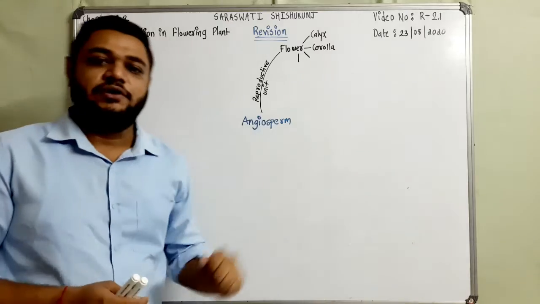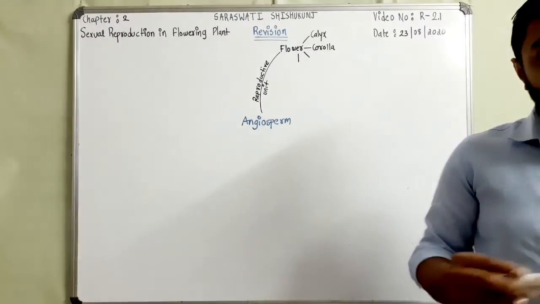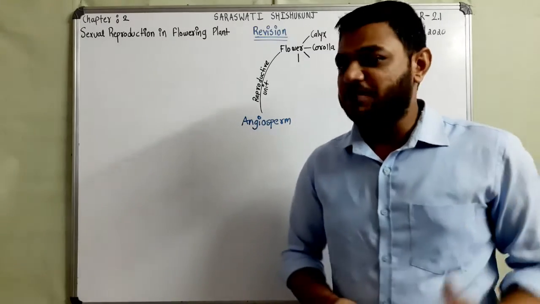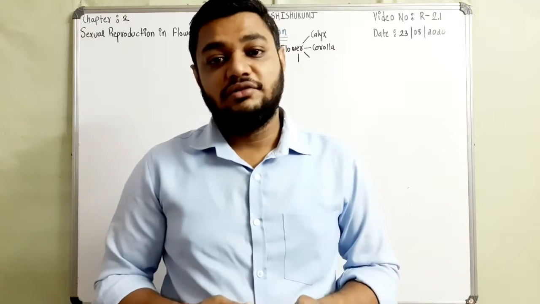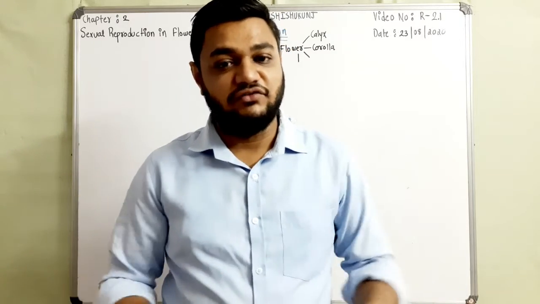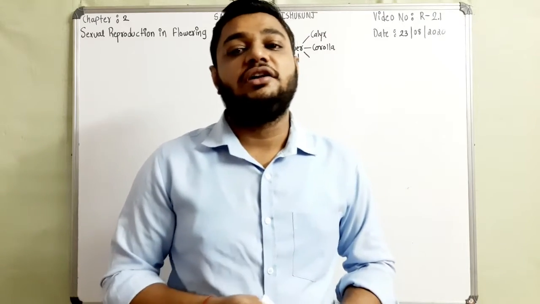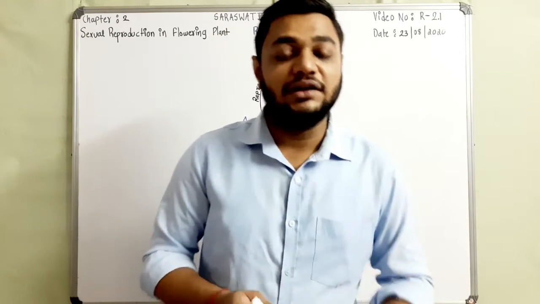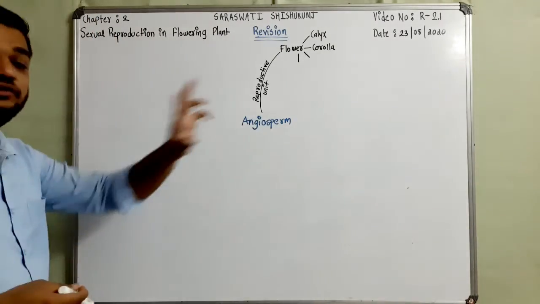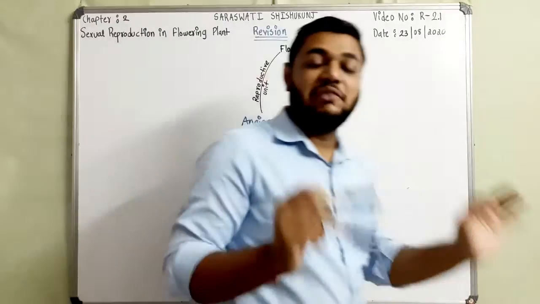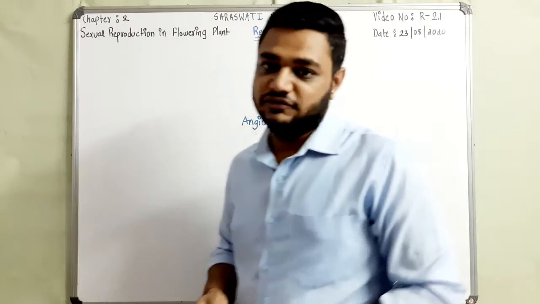Next one is corolla. Corolla is inner to the calyx. Its individual unit is referred to as petals. Petals are colorful, and in different flowers they are of different colors. Their function is to attract insects for pollination, and they also protect the inner two whorls. These two do not directly take part in reproduction, so they are categorized as accessory whorls.